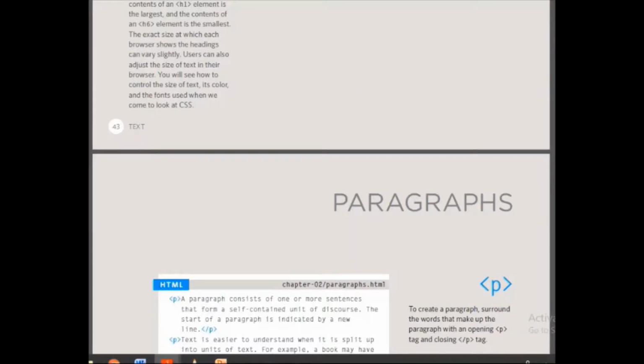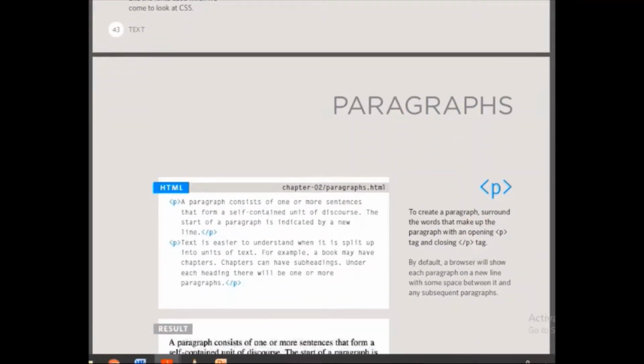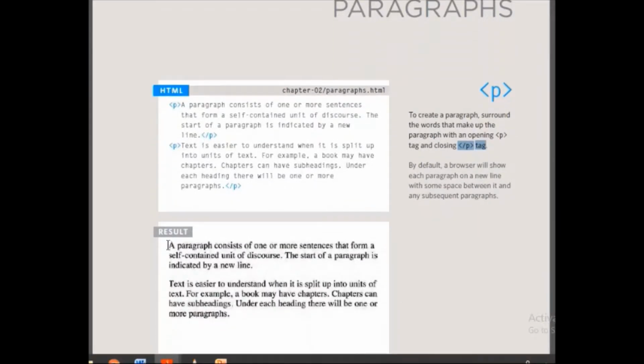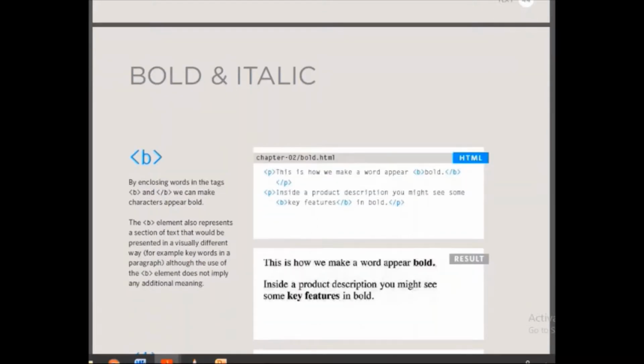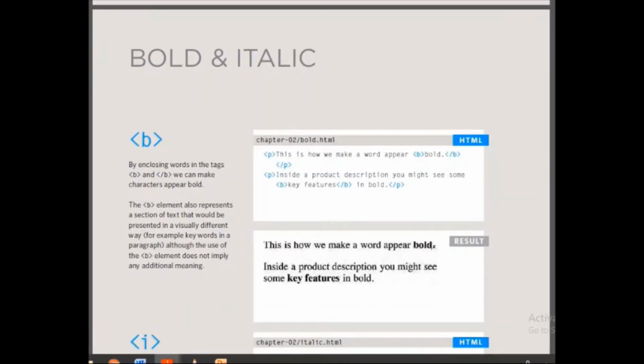Then we have paragraphs that we have seen. If you want to write long paragraphs, it's better to use the P tag, and it has a starting opening tag P and the closing tag /P, and the output would be displayed like this. You can see that the formatting is so good, and we don't have to give any formatting. It is formatted and aligned properly, because we have used the P paragraph tag. So whenever you are giving big paragraphs, it's better that you use the paragraph tag for better output, display and formatting.